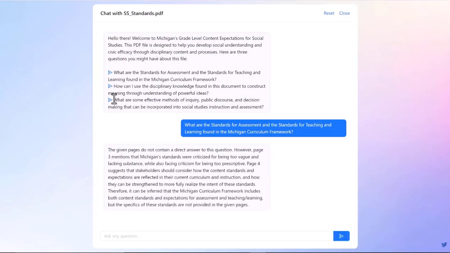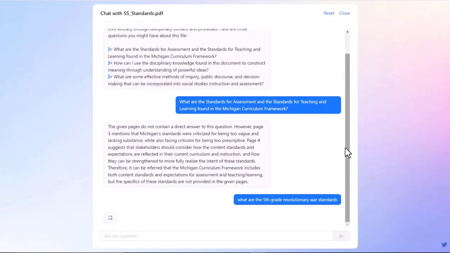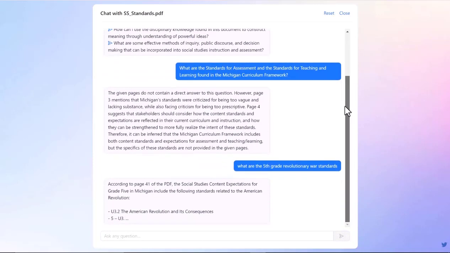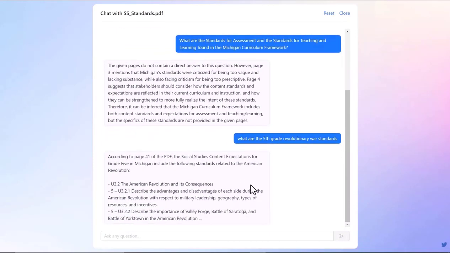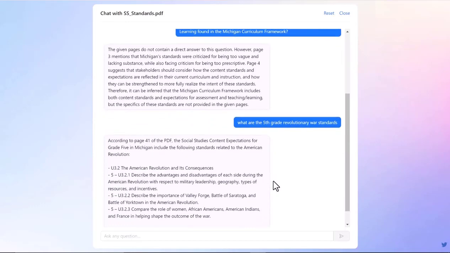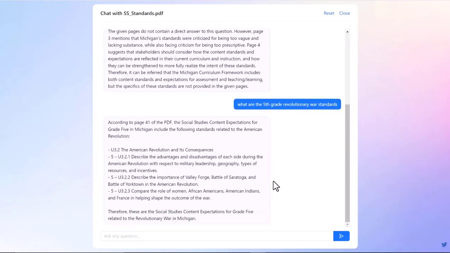But these may not be the questions I have. For example, I taught 5th grade. So I want to know, what are the 5th grade Revolutionary War standards? I click the little send. I've asked the chatbot, and it pulls all of the standards from this document that's, I think, 90 some pages long. And it told me,